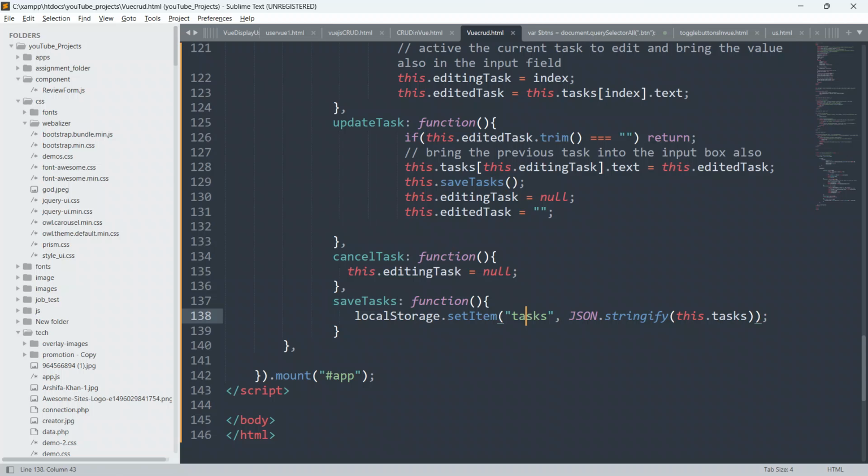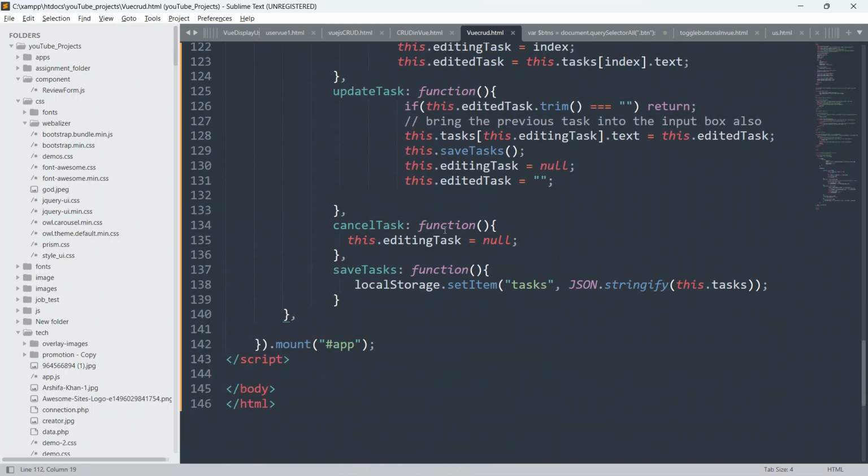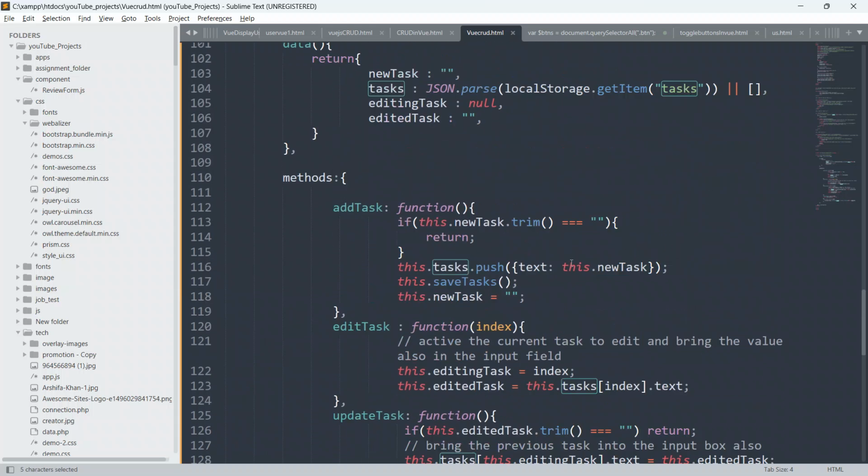Always remember guys, after editing the task, after updating the task, and after adding the task, we have to call this function saveTask, which will save the task into the local storage. As you can see, localStorage.setItem with task as key, and JSON.stringify this.tasks array.